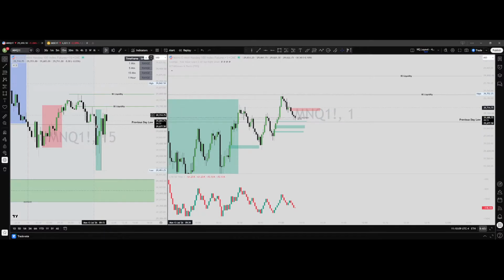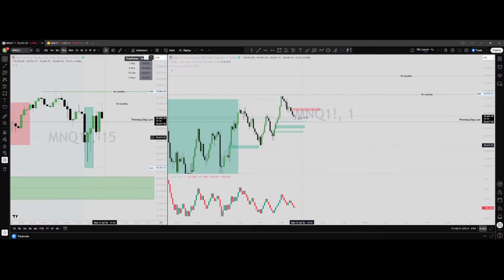Look at the structure, 15-minute structure. Went up high, came down low, and then created a new high. Now this will invite bulls to take price long, right? And now if bulls are entering into this trade and there's still a draw open below, then there are chances that all the bulls invited here will be getting stopped out below this low. So this IFVG was a great IFVG, but